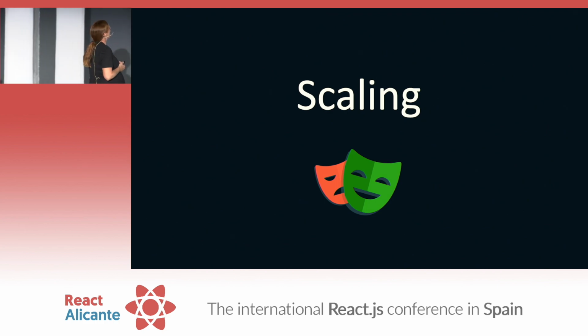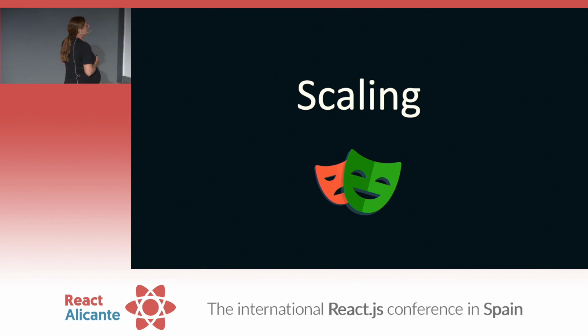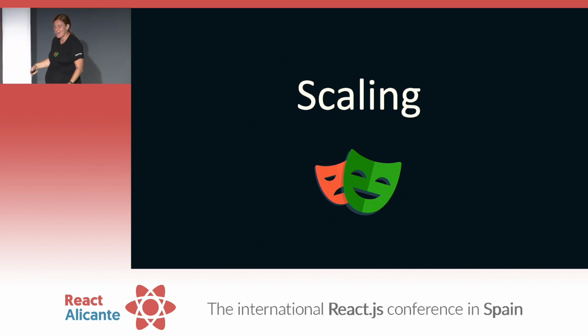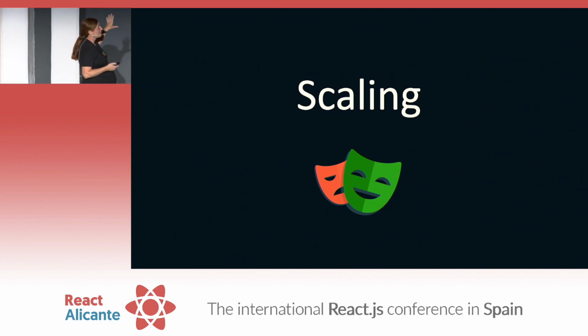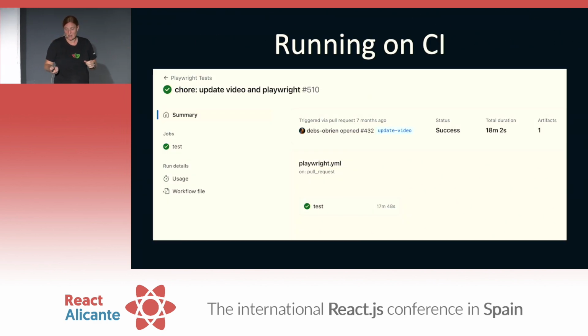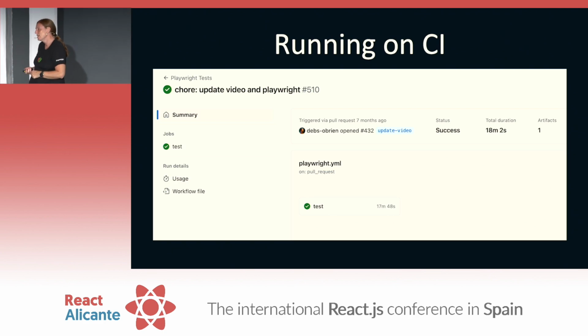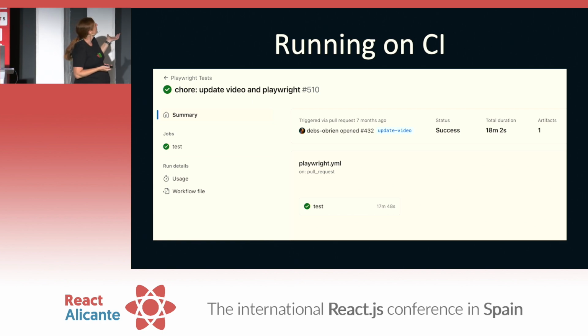So let's talk a little bit about scaling. What happens when you have lots of tests? If you have hundreds and hundreds of tests, there are other ways. But I want to show you scaling for something like my website. I don't have a lot of tests, like 200 and something, and my tests were taking 18 minutes. Every time I push my code up and I fail, I've got to wait 18 minutes. That's a lot of time. It's just my personal website.